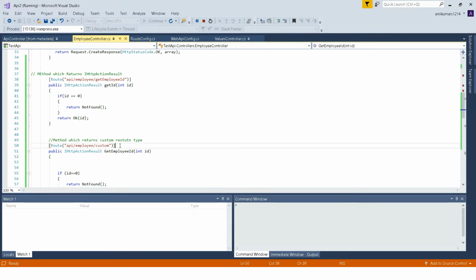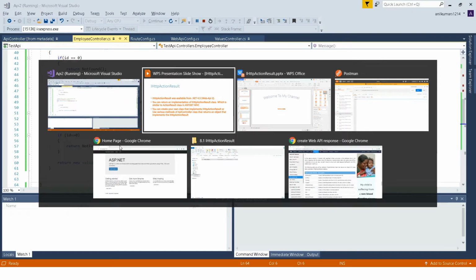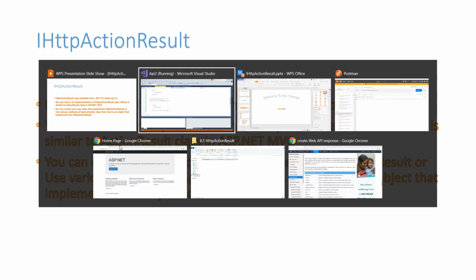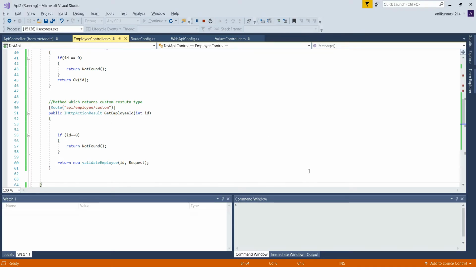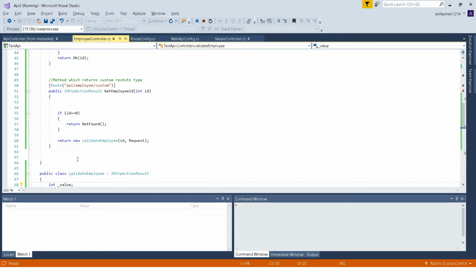So likewise, as I said in the third statement, you can create your own class that implements IHttpActionResult, right? So what I did here is I created my own class called ValidateEmployee.